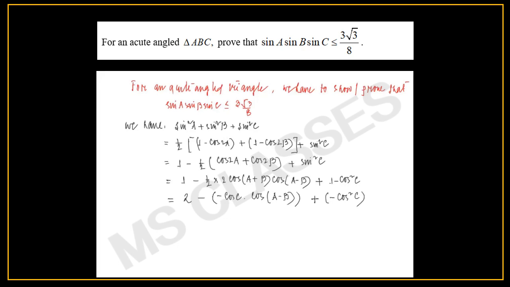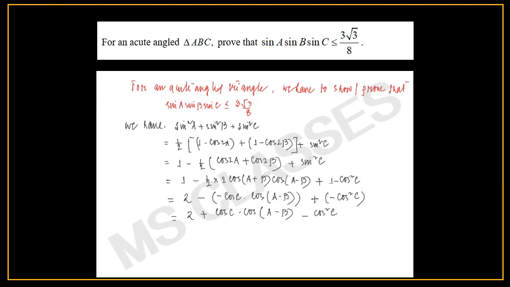The reason is here we have got minus into minus plus, so here we can easily understand that once we take cos C common, we'll be left with cos A minus B and minus cos C from here, which we can write as plus cos A plus B. So this is what we can write. Here we can write 2 plus cos C into cos A minus B